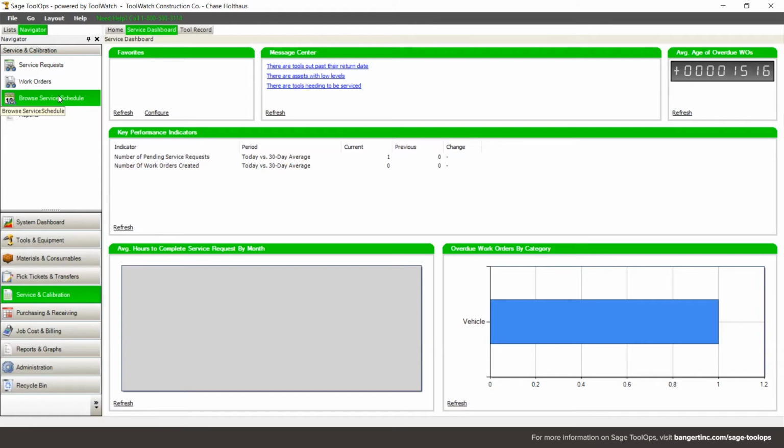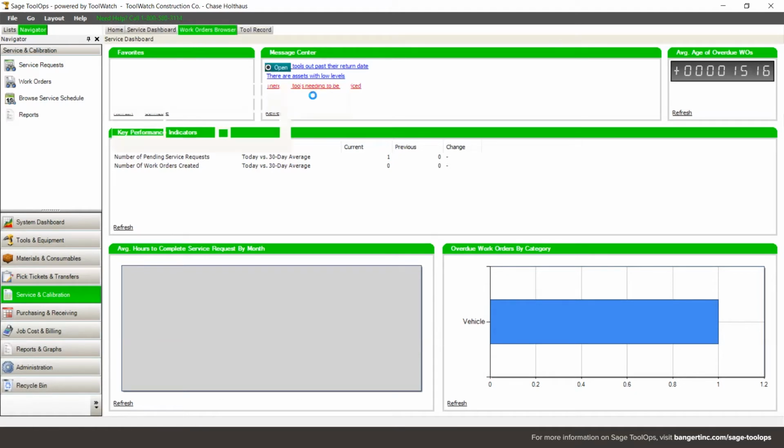So your warehouse staff will be able to see in the next week, what all do we have in? How many truck inspections do we have? Other equipment fixes can all be sent in there, as well as reporting features can be done in here as well. One of the other nice features about the ToolOps system is that it does allow for notifications. So if I look here, I can see that there are tools that are needed to be serviced.